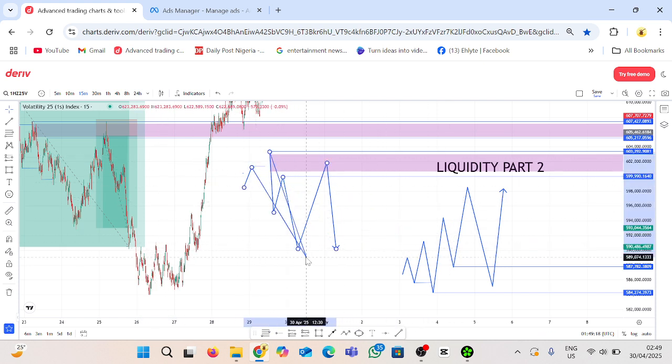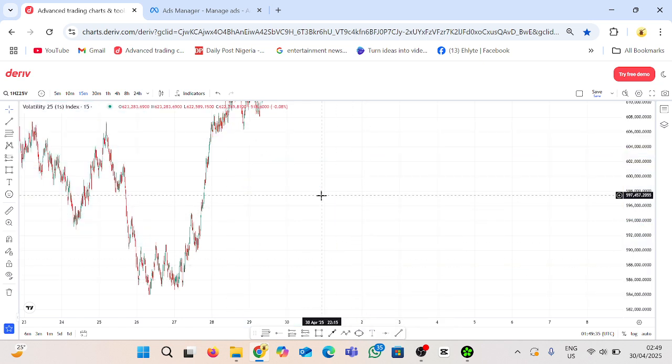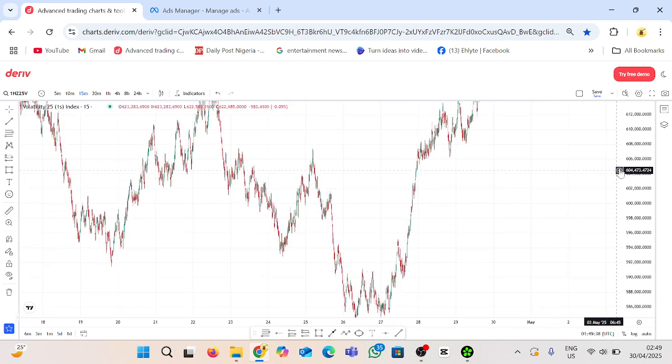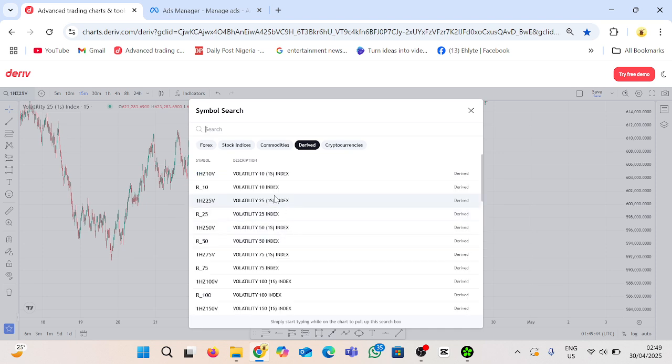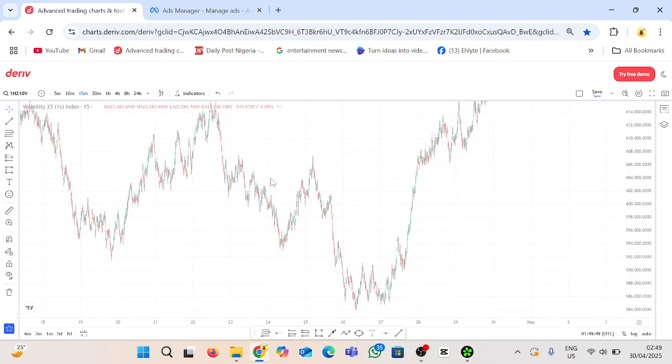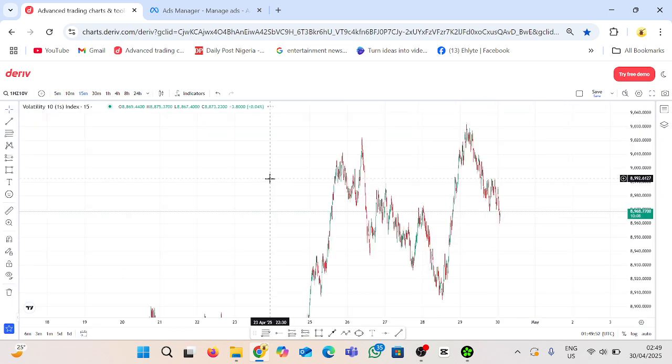So these are the examples for the sell. You can also get more examples for the buy. Let me look for more charts. Let me look for a chart where I can see an example of a buy structure. Let me see if I can see a buy structure here. Because once you identify this pattern in the market, you will see that you begin to win more in your trading than you lose.